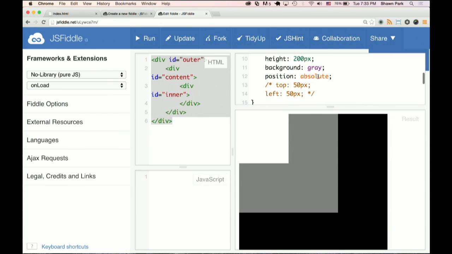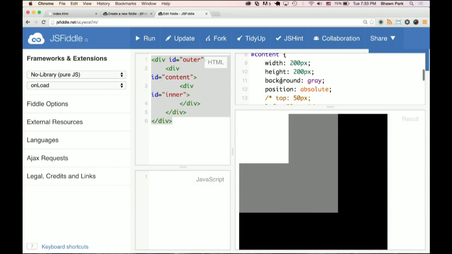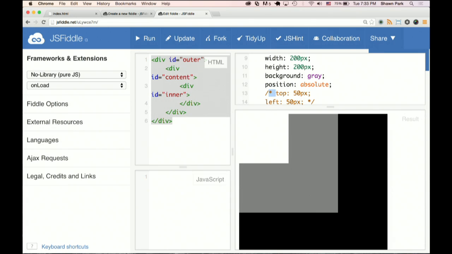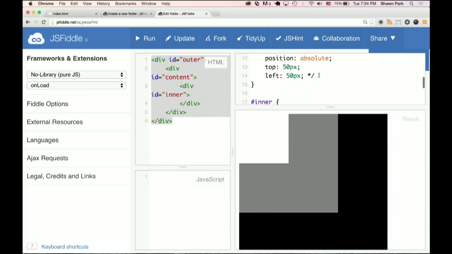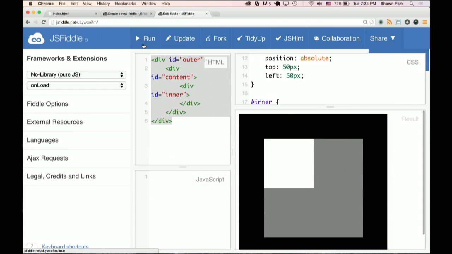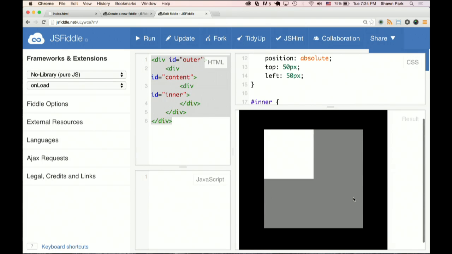So because, like I said, absolutely positioned elements look to the first non-static parent, aka this big black square, all these values that I have here for top and left will be relative to just that parent. The parent of the gray square is the black square, right? So if I said 50 pixels from the top of the black square and 50 pixels from the left, it basically centers it. That's just the way I drew this out dimensions-wise. But it basically centers it because now it's officially 50 pixels from the top, 50 pixels from the left.